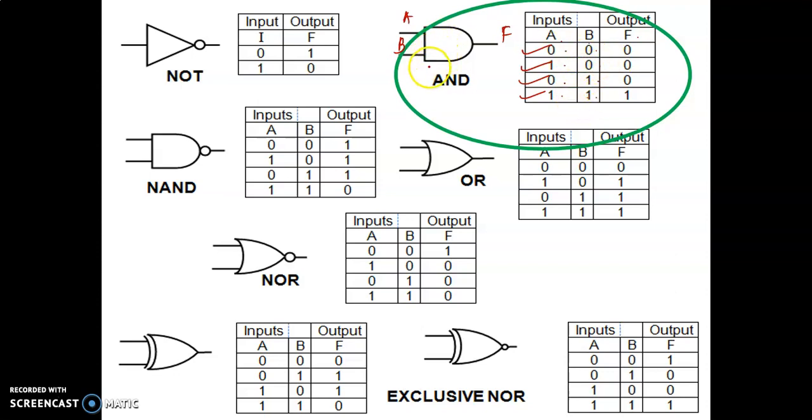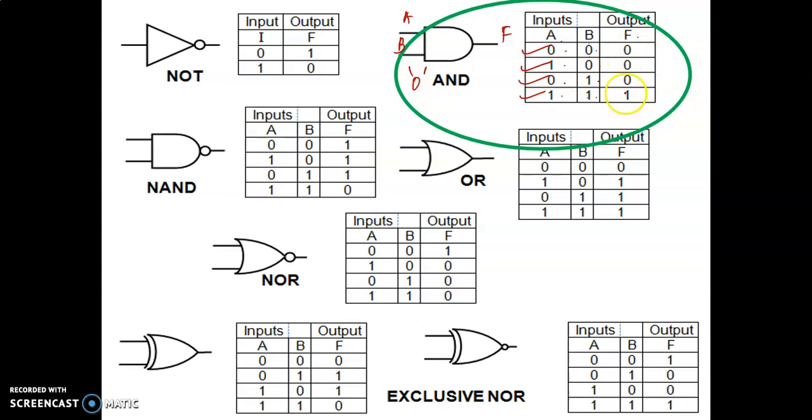Correspondingly, we look at the AND function. The AND function dictates that if there is a 0 in any of the inputs, that means if there is a single 0 in the input, the output becomes 0. Thus, 0 becomes the controlling input of the AND gate. Because if you see a 0 anywhere in the input of an AND gate, output becomes 0. You see for 0, 0, 1, 0 and 0, 1, there is a 0 in the input.